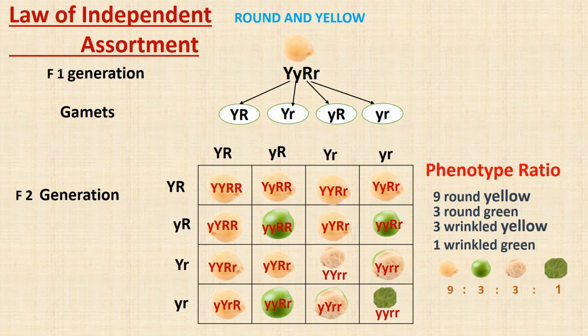Third one, law of independent assortment. In the inheritance of more than one pair of characters, the factors for each pair of characters assort independently of the other pair. So this is known as the law of independent assortment. As an example, we understood that the dihybrid cross results in the F2 generation, and we observed that among the 16 plants, 9 were round and yellow, 3 were wrinkled and yellow, 3 were round and green, and 1 was wrinkled and green. This shows the factors are independently assorted and they reach the offspring independently.